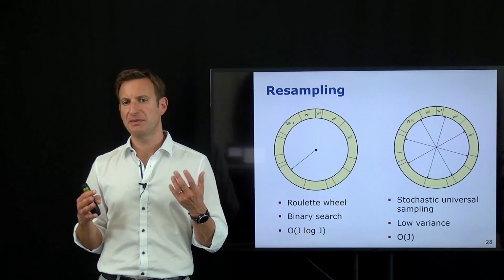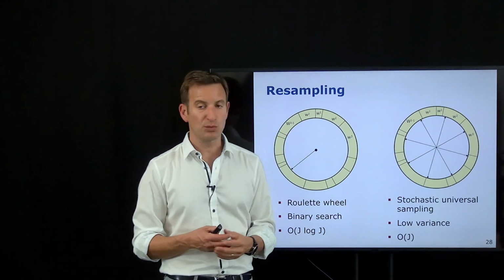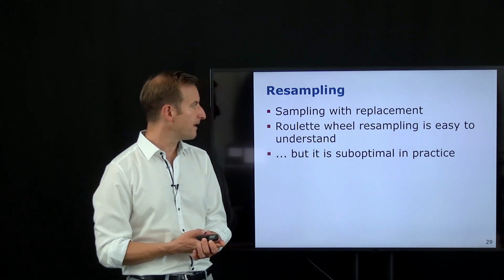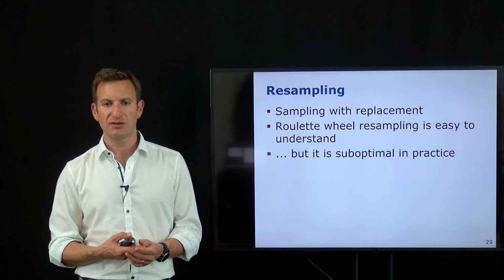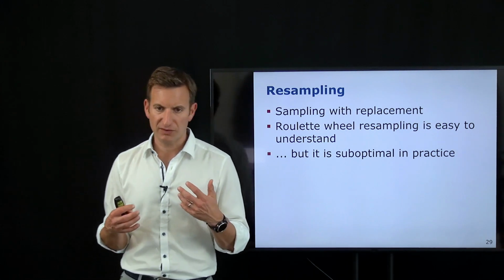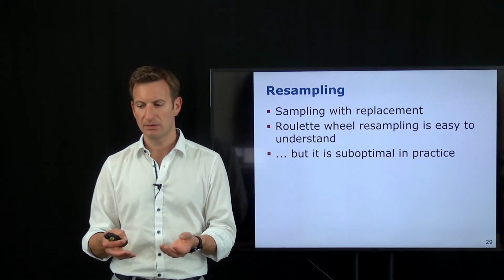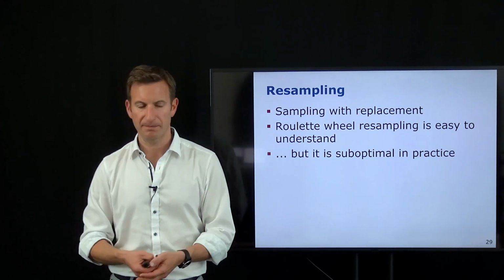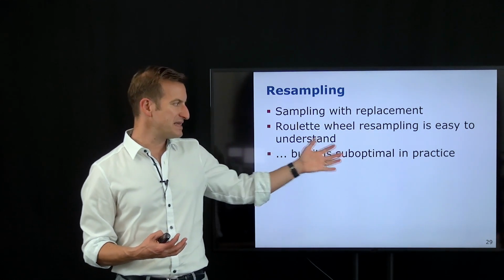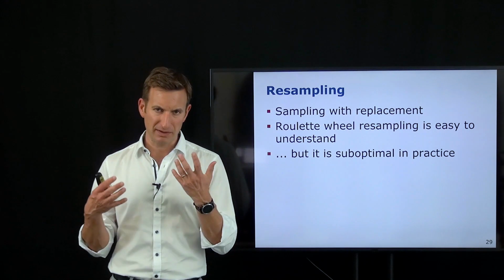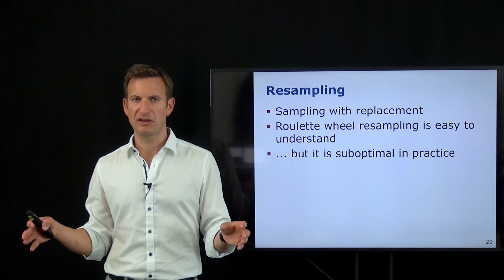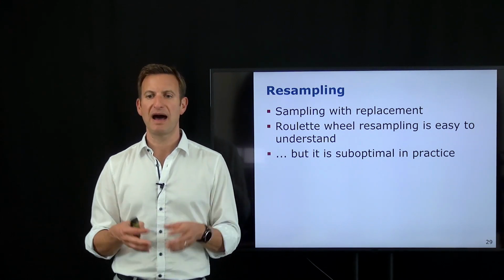This is nice, but this is typically not the factor why stochastic universal resampling is superior to standard resampling. That's a different reason. Why standard roulette wheel resampling can be suboptimal is the following. Consider you're doing a sampling with replacement. So you sample and you put your sample back, and then you do that again. And this can lead to results where the output is suboptimal. The idea behind resampling was to eliminate samples which are in low areas of the state space and represent them by samples which have a high weight, which are more likely to happen.